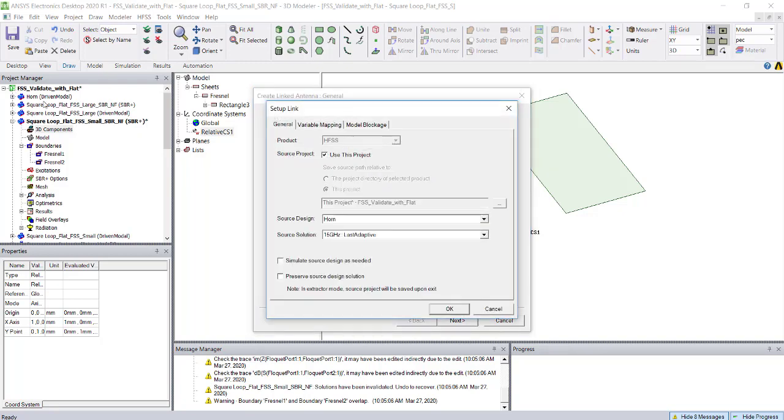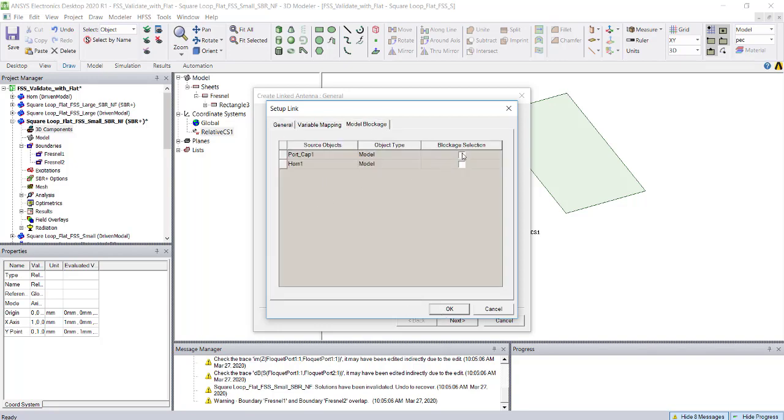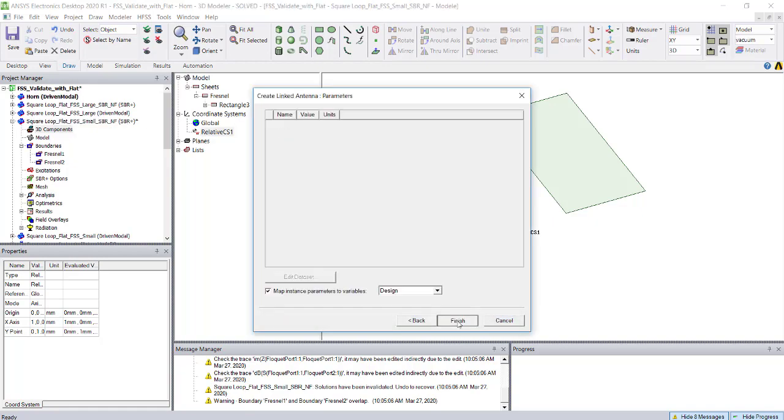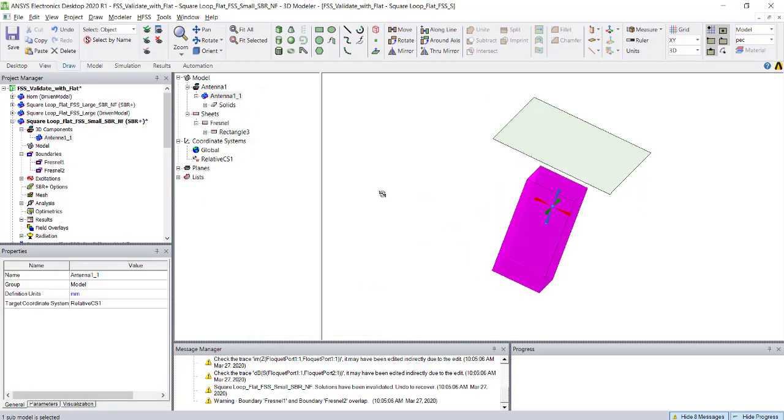The name is horn, so select horn, and you can select the sweep of that horn. You can also take the blockage model, and the port cap has to be selected as a blockage model. Select finish, and you will see these models.